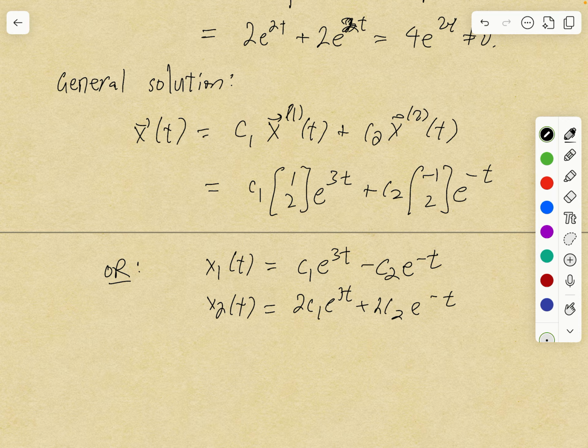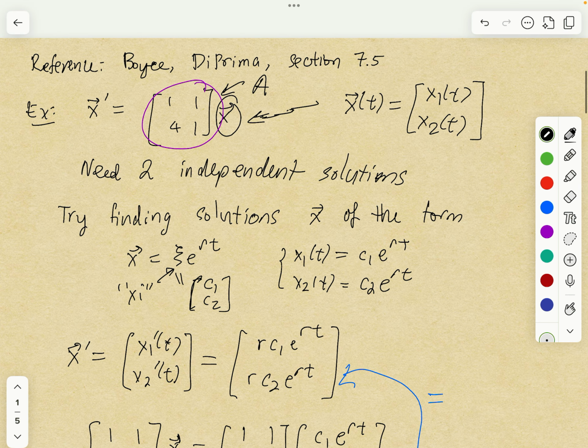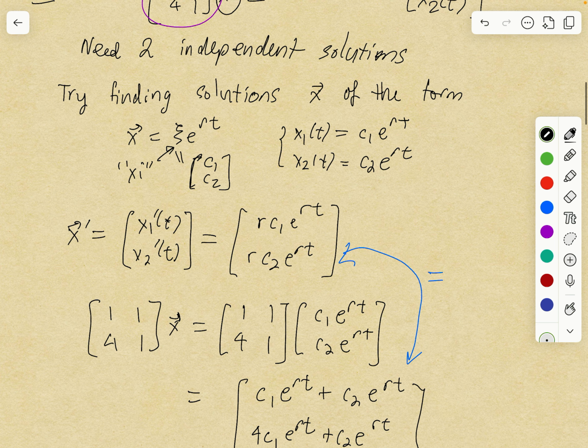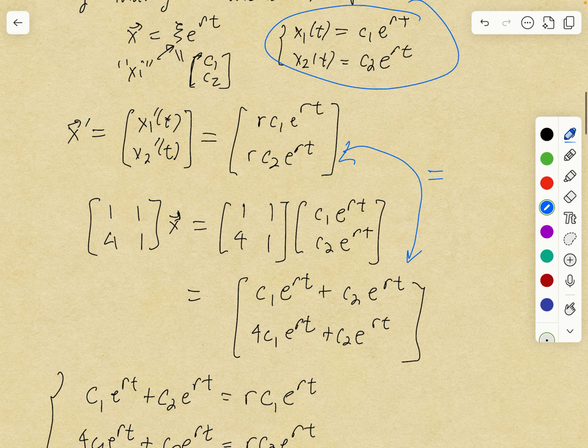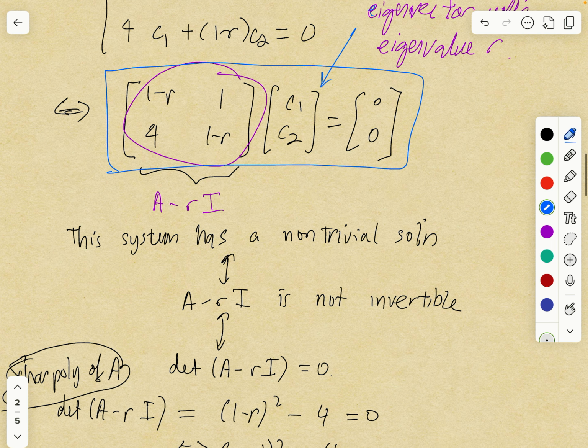So each constant c1, c2 gives you a solution. Okay, so that's the solution to this system of differential equations. Let's try to summarize what we did. We started out finding solutions of the form constant times e to the rt. And we saw that when we evaluated both sides and set them equal to each other, it ended up reducing